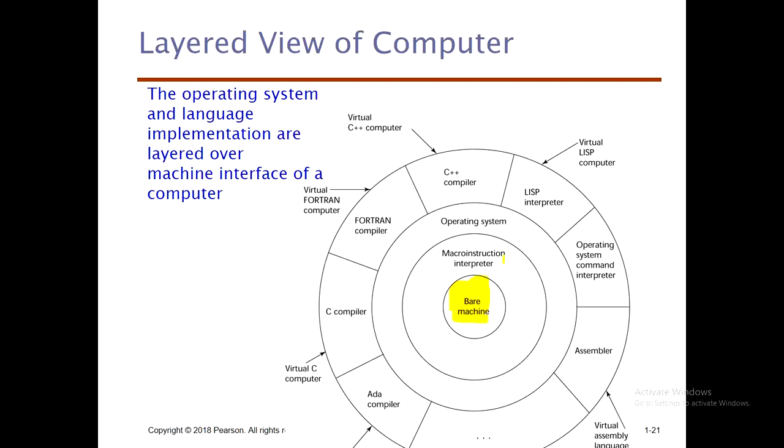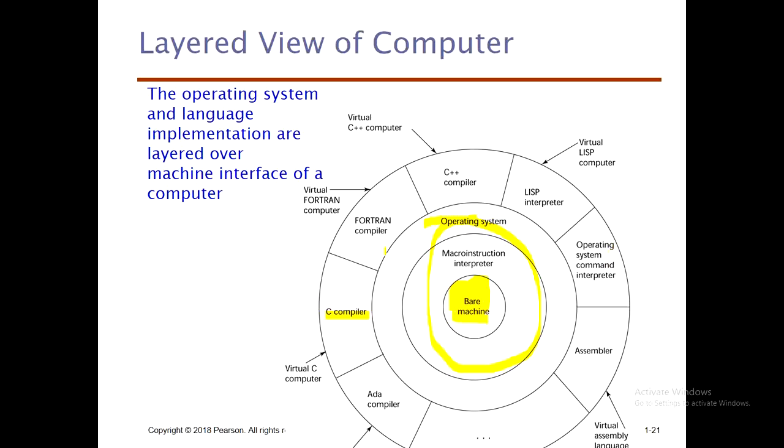So the macro instruction interpreter is on the kernel itself, which is the heart of the computer operating system. Then the operating system components are layered over this interpreter. Then these different languages, like C++ and